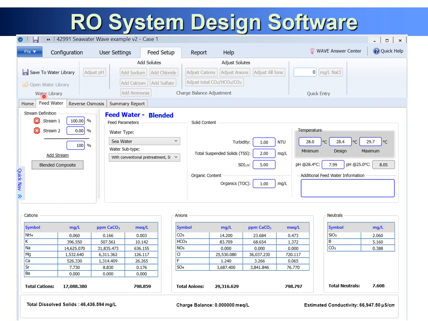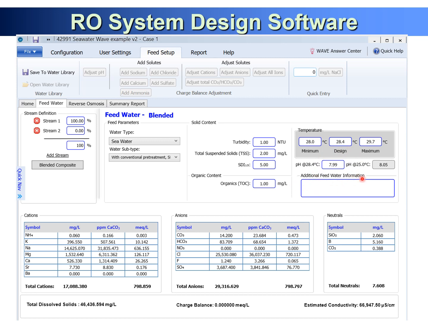Let's go to the next tab, feed water. If you click feed water, it shows the system 1, 2, blended composite, and water type, and your SDI, and water subtype with conventional pretreatment or ultrafiltration. You can select that, and solid content, turbidity, total suspended solids, SDI. So this is all you have to analyze as water characteristics: organic concentration, minimum temperature, maximum design temperature, and then this will provide